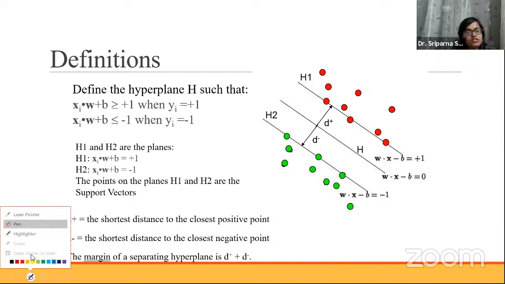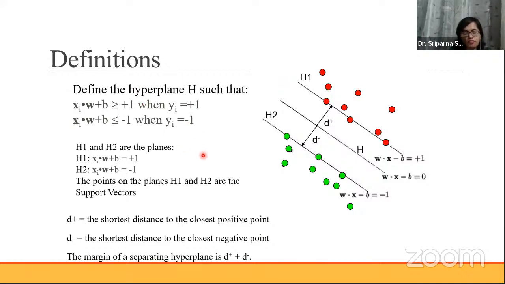So the concept of the margin has now been introduced, and based on that, the class will be decided. This is very much analogous to the previous lecture on the linear discriminant, which we already discussed in the earlier slides. These are the data points, and for the hyperplane equation, for this particular line,